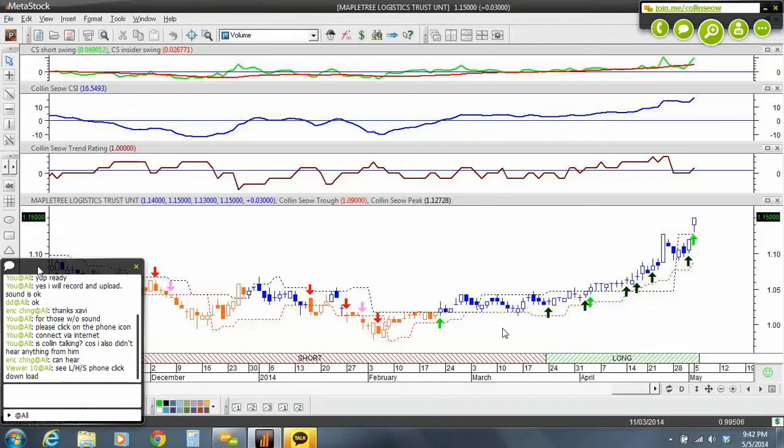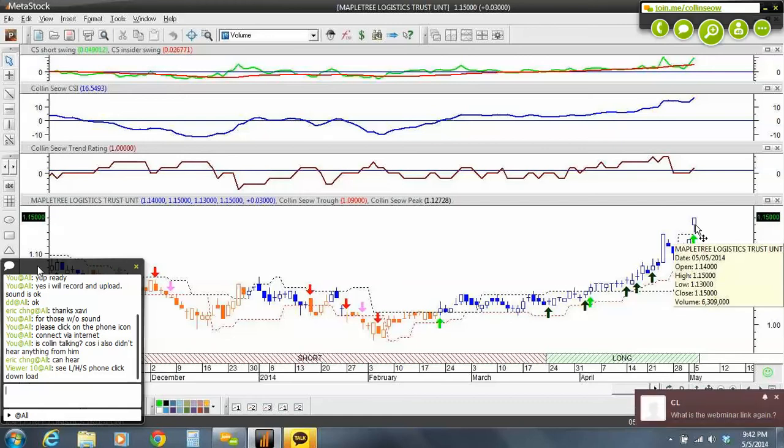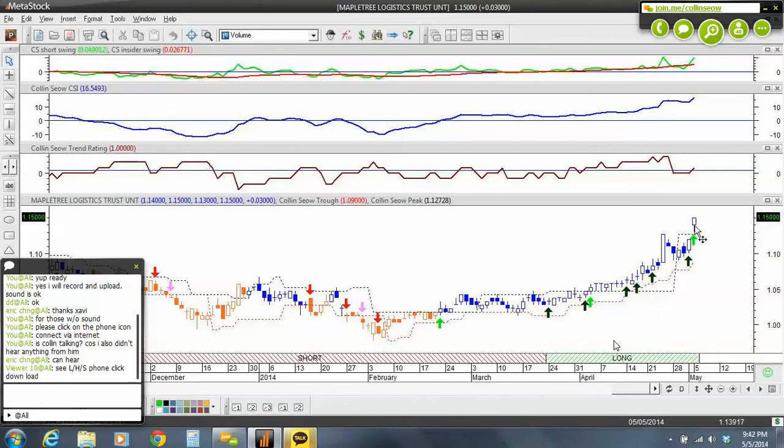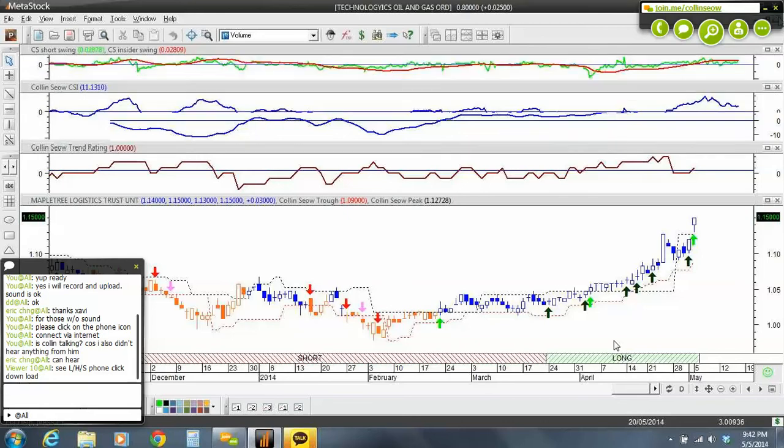Mapletree Logistics. For Mapletree Logistics, we have multiple signals here, another arrow here. It just happened that today we scanned for the stocks, so it appeared here. But if you had done it earlier, say on this candle, it would also have appeared on your comparative strong list. So this stock, even though it's strong, has multiple signals already: 1, 2, 3, 4. Because there are multiple signals, we will take it out. And the last one is